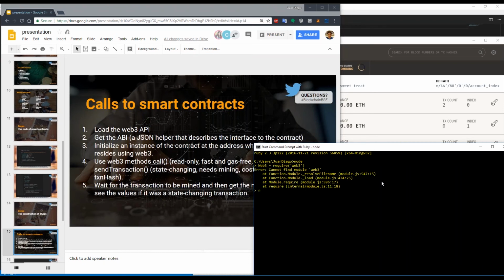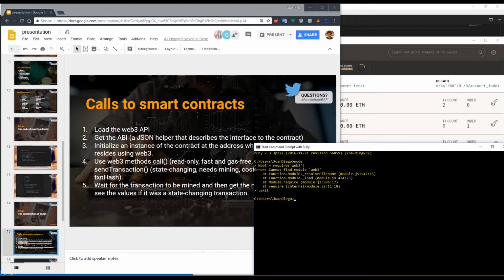And this compiler will create an API, which is a JSON representation of the contract interface. So we will call a method from Web3, which will extract the interface and save it in a variable. Then we will read the Solidity file and convert that to a string,